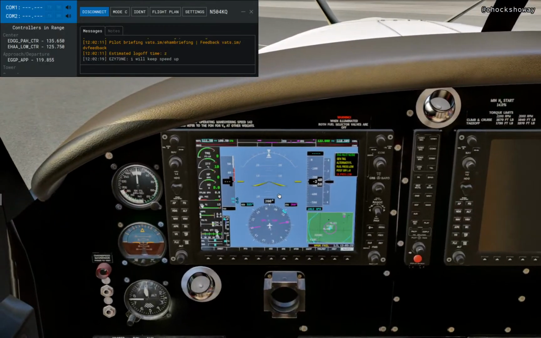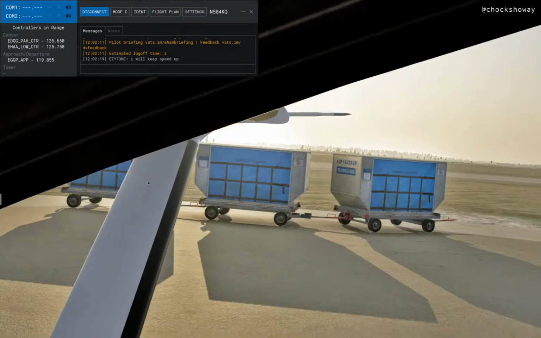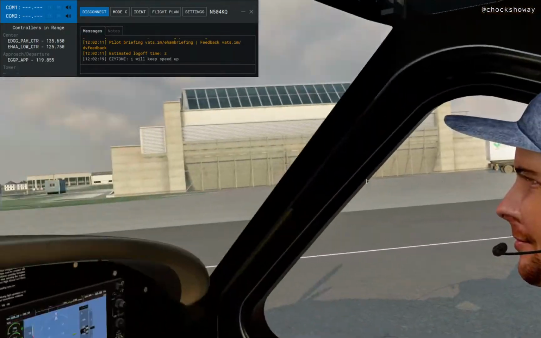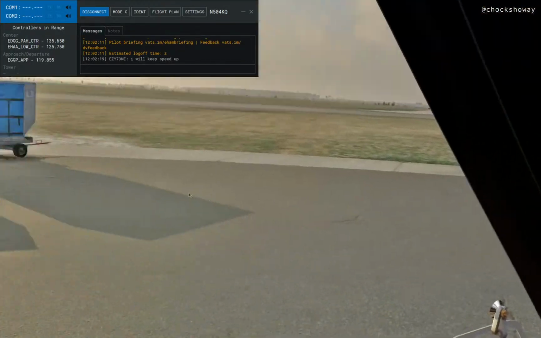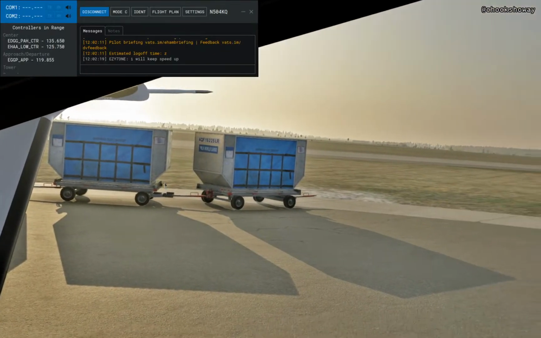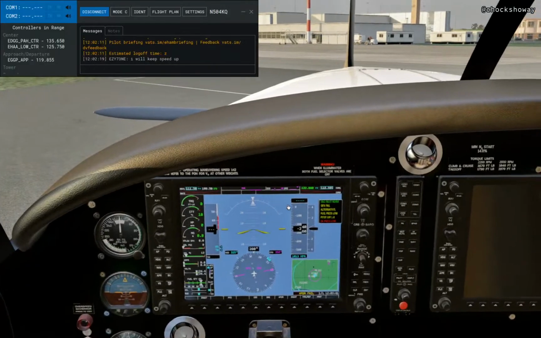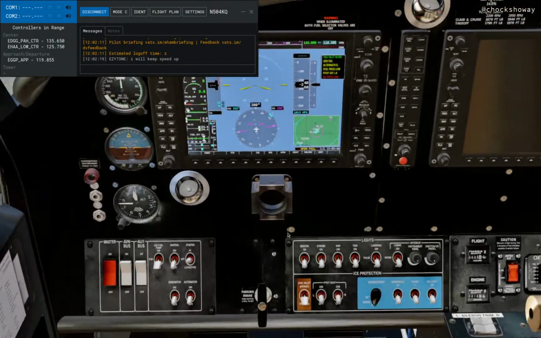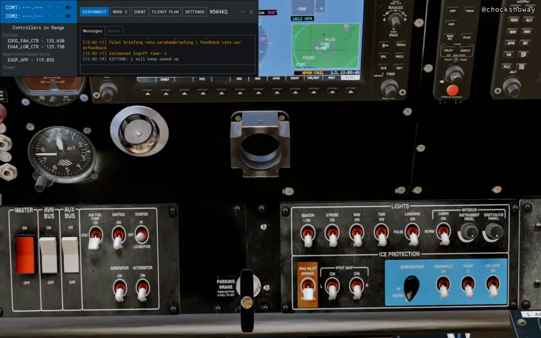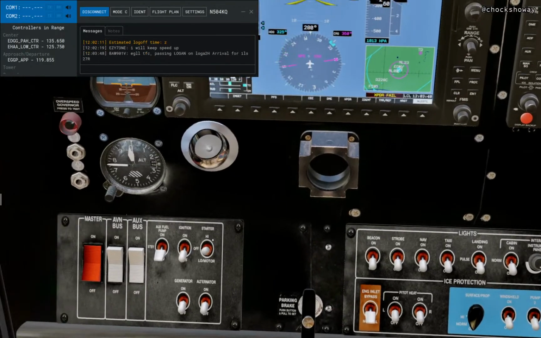I'm not sure if I'm supposed to start the engine while the gyros are spinning up, and this is getting lined up. We'll give it a moment. The sun is very low. I think we'll probably land back here without much sun. I think I'm just going to go for it. So I struggled with this last time because there was a failure. Oh, hang on, let me just check the